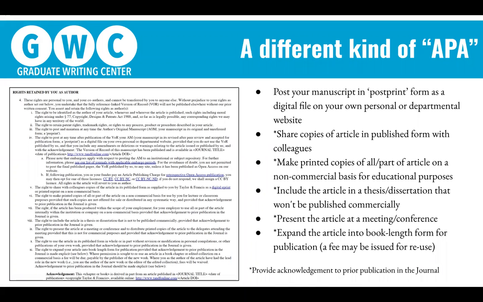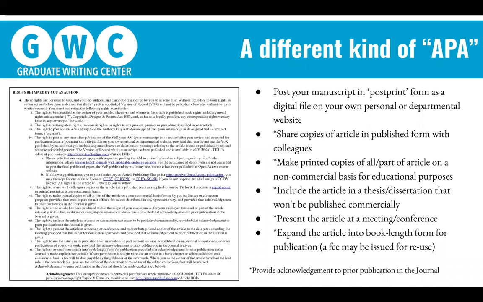But the post-print version, which you can request, is one that you can upload in its entirety to your own personal sites. You are able to do a couple other things as long as you provide acknowledgement to prior publication in that target Journal. And here Journal is capitalized because it depends on the journal that you are submitting to. And these things that you have rights to, I am including that little asterisk.